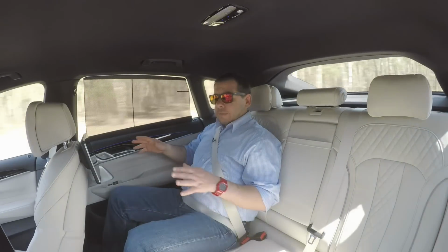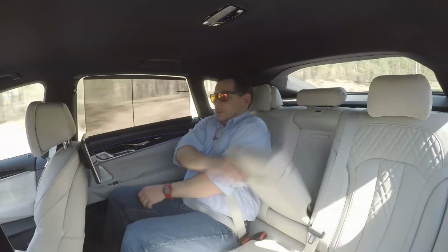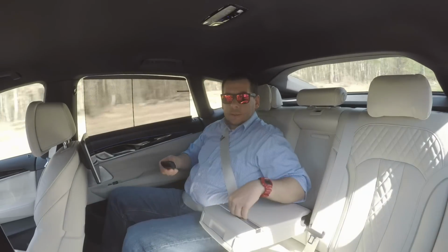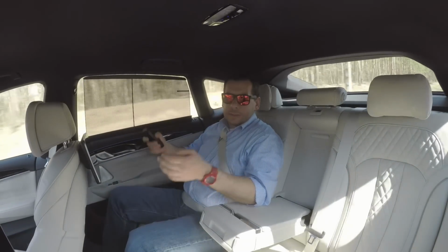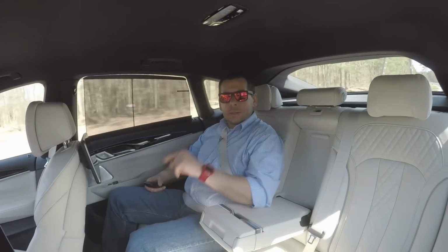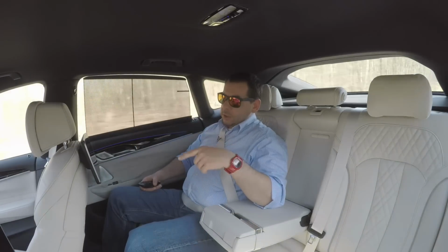You can also specify this infotainment system with 2 screens, which, well, I don't know what they're for really. You can program the sat-nav, you can read your messages as if you couldn't do that from your phone. You can watch TV, okay, theoretically, unless you have a tablet and you want to watch your own stuff. Who watches TV these days? This is YouTube, people. So anyway, I think it's actually cheaper to ask the driver to change the radio station